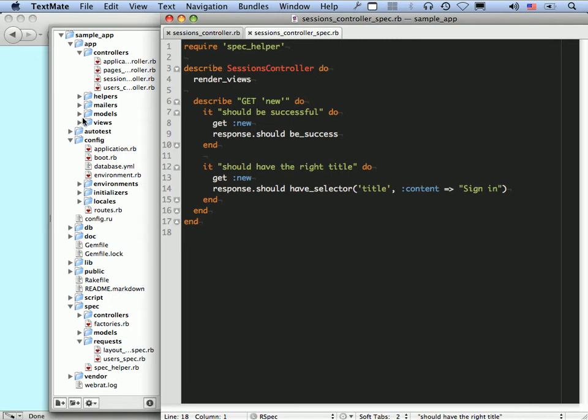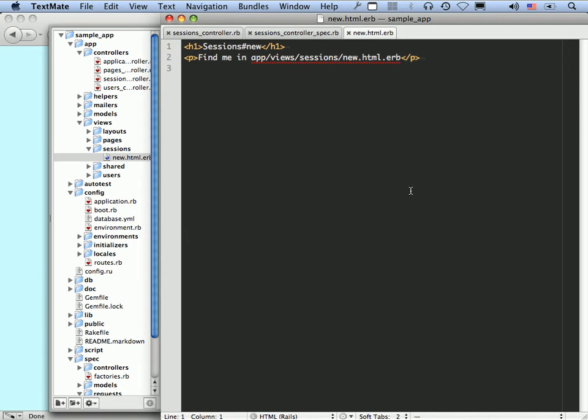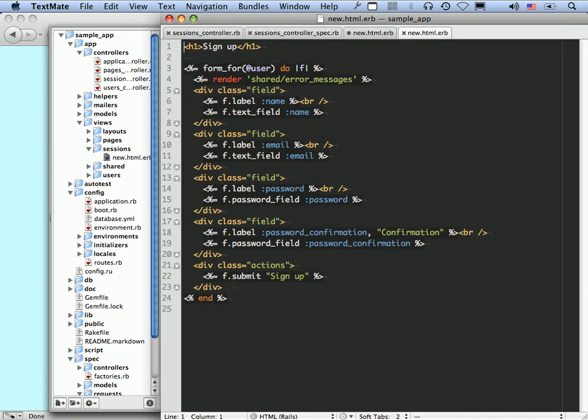So let's take a look at app/views/sessions/new.html.erb. And let's change the h1 here to "Sign in". And now, as you can probably guess, based on our work in the last lesson, we're going to use form_for. So let's review that. There's new.html.erb for users, this form_for. And then there's the argument @user, and then we say do |f|, and we use the form object to